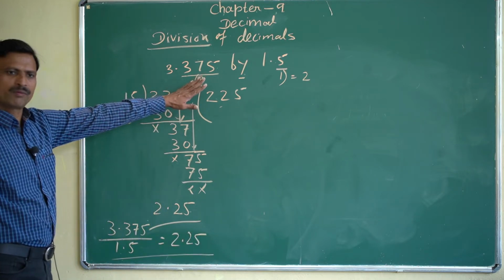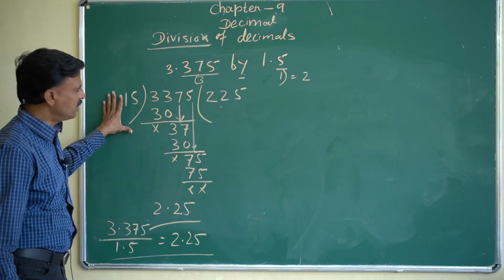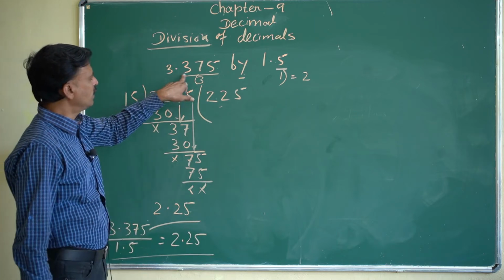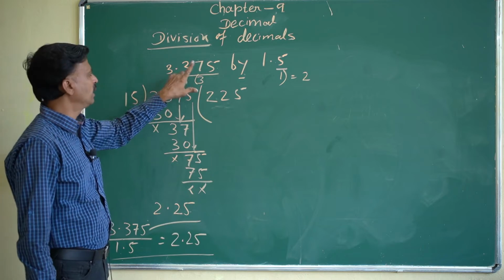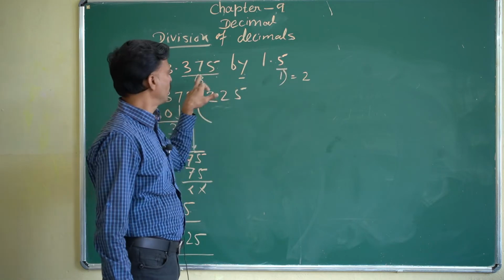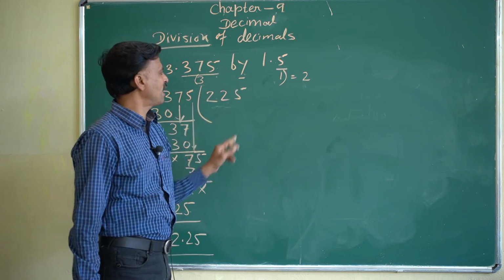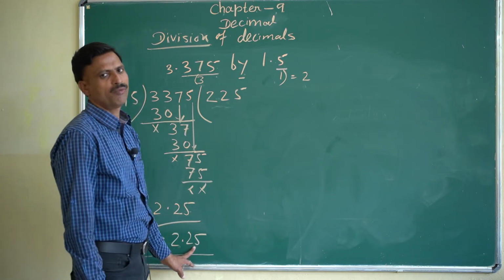Any problem? What we have done? Simply, first without taking the decimal, we have divided it, so we are getting 225. Now the question is where the decimal will come in 225. So we have seen after the decimal it has 3 digits, and this also has 1 digit. So we have subtracted 1 from 3, so we are getting 2, meaning after the decimal there will be 2 digits. So the answer is coming 2.25.